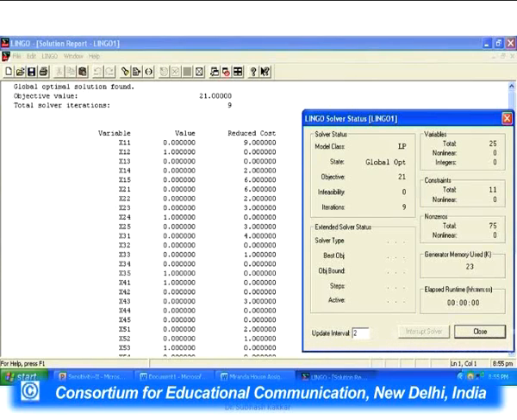Next row, objective value is given; the value is 21. 21 is the number of hours which are required to complete this job by the members of the committee, and total solver iterations are 9. In 9 iterations, the software was able to give us a solution. Now, we will see the solution. For all other variables, we want a 0 value, and only where we have an assignment, 1 value should be entered. Now, looking at this